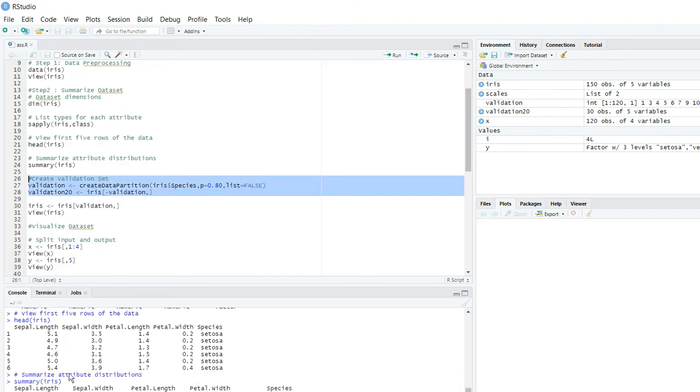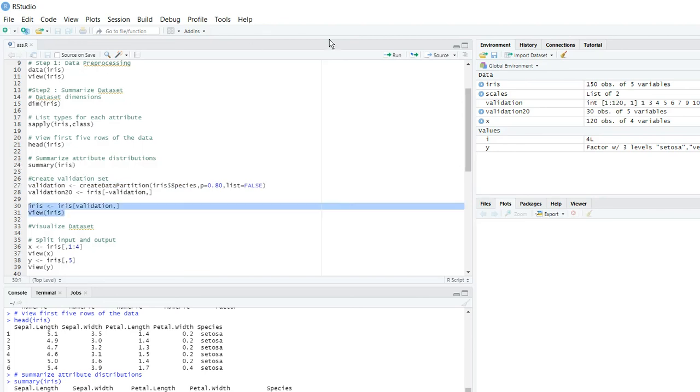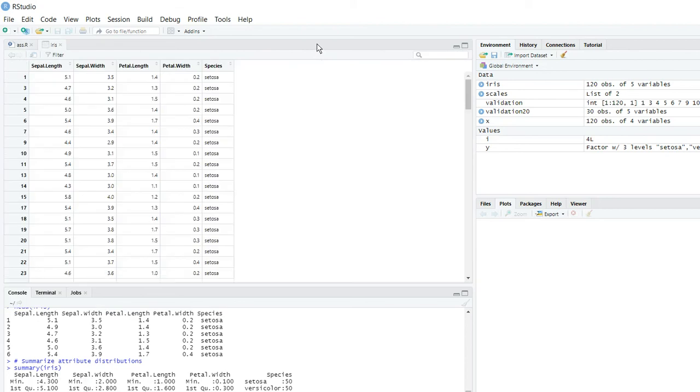The statements are executed, and here the values of the variables are reflected now. See here, validation has 120 records, validation 20 has 30 records. So 120 plus 30 is our total 150 records. Now we have copied the validation data, the 120 records, and we are just checking it. This is our training data.